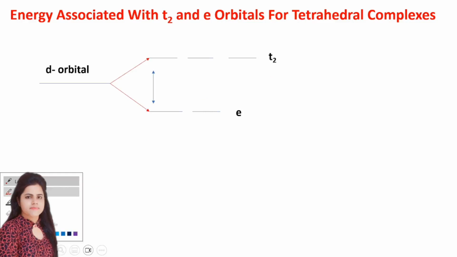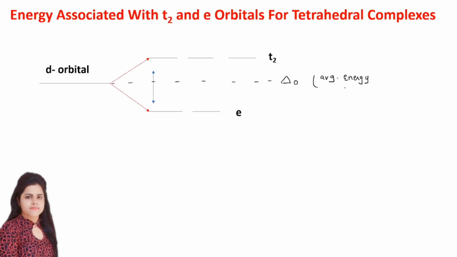In the center we have the barycenter. It is a hypothetical line, and here it is represented by delta naught, and here the total energy or average energy for all the electrons is 0. The sum of all the electronic energies is considered to be 0 according to the center of gravity rule. Now we have to calculate the energy associated with electrons which will be present in these 2 E orbitals and 3 T2 orbitals. So first of all, I will suppose